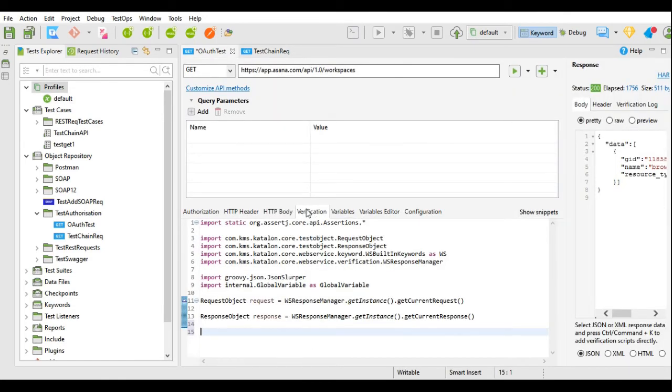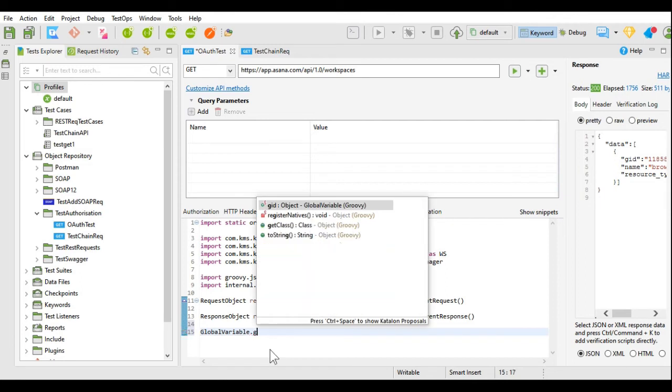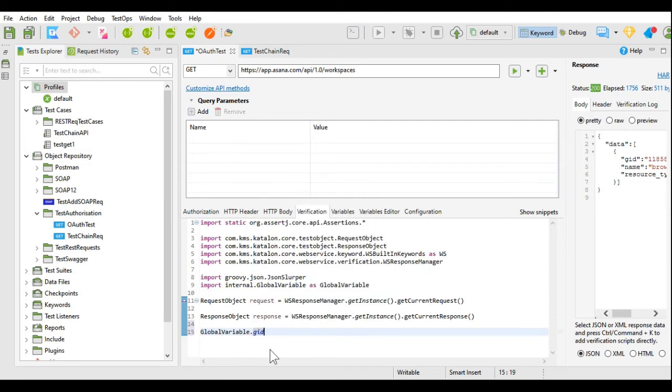In the verification tab of the OAuth test request, that is the first request wherein we have extracted all the workspaces by providing the get request, I will provide the global variable dot gid equals to the value of this gid.